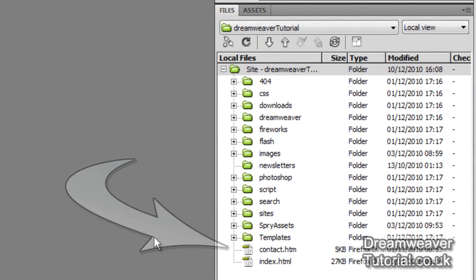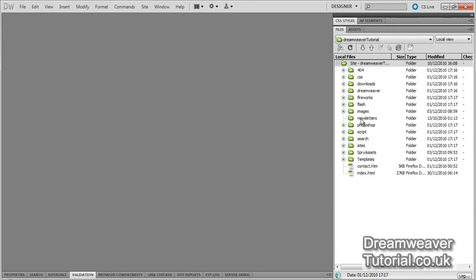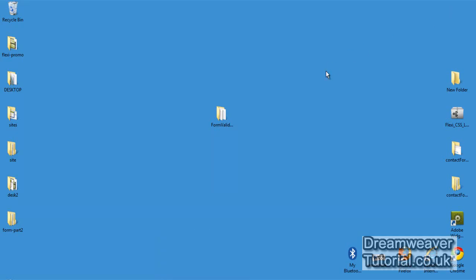Now, we generally want our contact form to sit along the site route, as you would for most of your main landing pages. So if it is sitting in my Dreamweaver tutorial website, the path to it would be dreamweavertutorial.co.uk/contact.php. And it's good practice to place your contact form in your site route, so that's what we're going to do. So switching over to my desktop, I'll just move the form validation download to one side, and I'll now